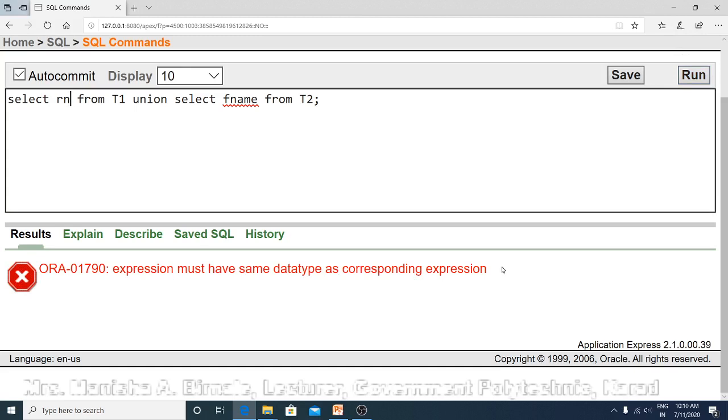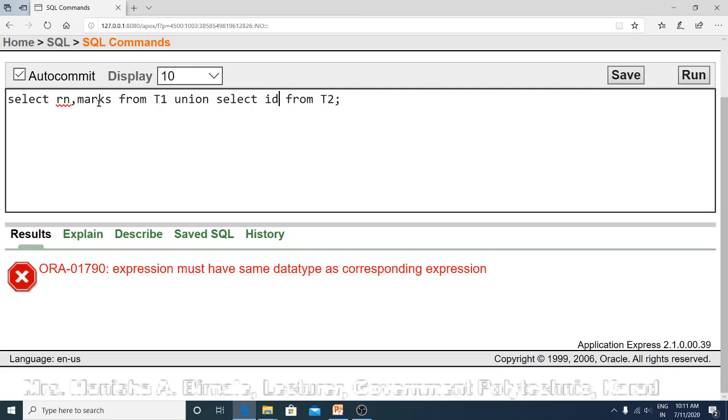Now let us write roll number comma marks from T1, and in the second query let us write select ID from T2. Here roll number and marks have the same data type, which is integer, and ID is also of data type integer.